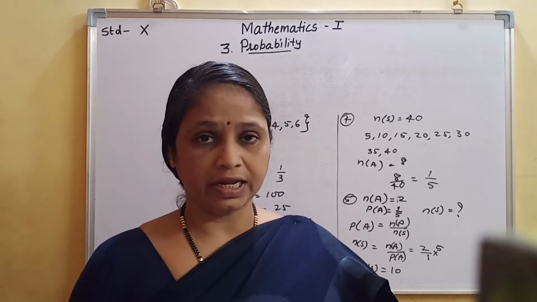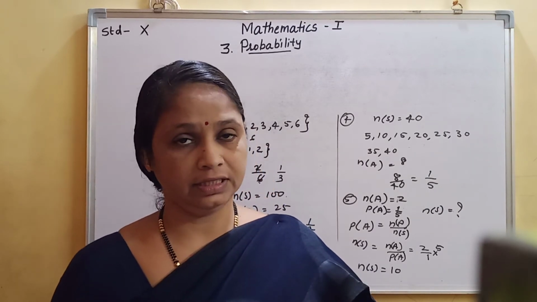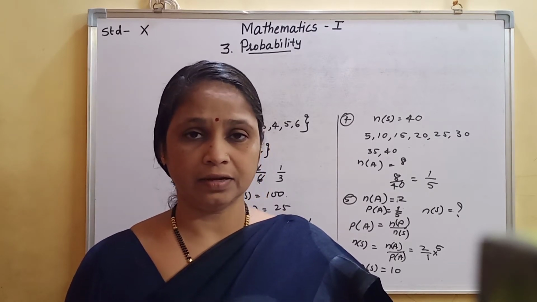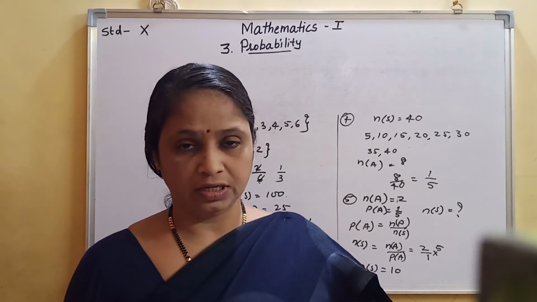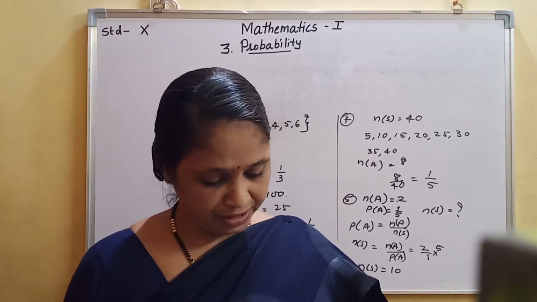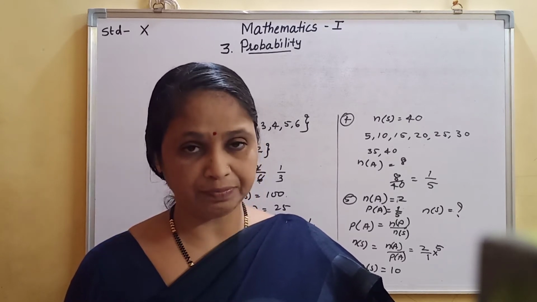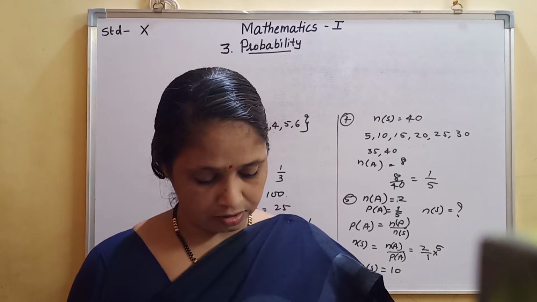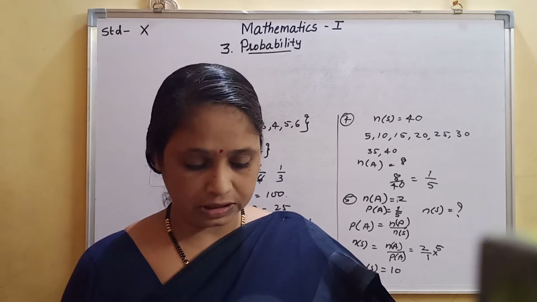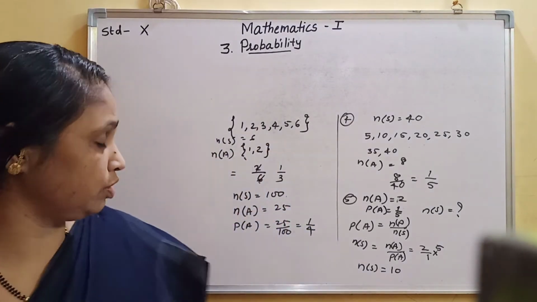What you have to write: let the event of John throwing a ball in the basket be A, Wasim's event be B and Akash's event be C. So the probability of John will be P of A, the probability of Wasim is P of B, and the probability of Akash will be P of C. Now we have to state whose probability is greatest. Okay, so question number 2.